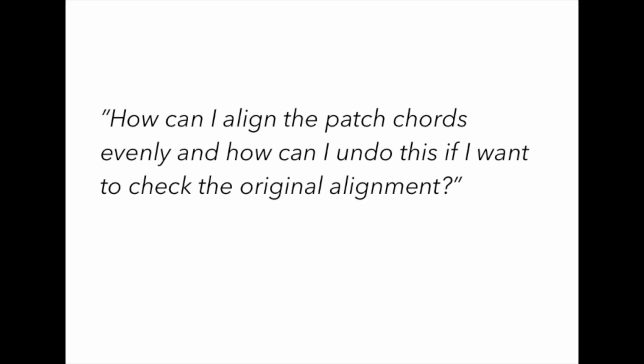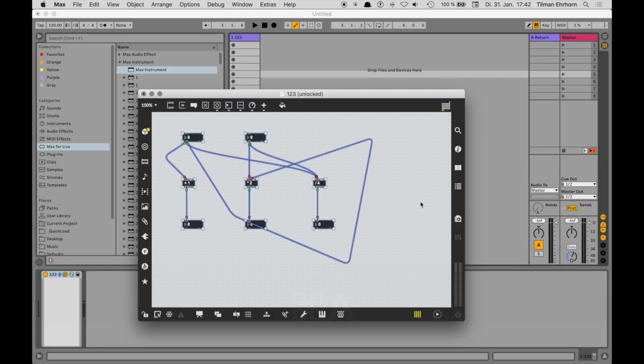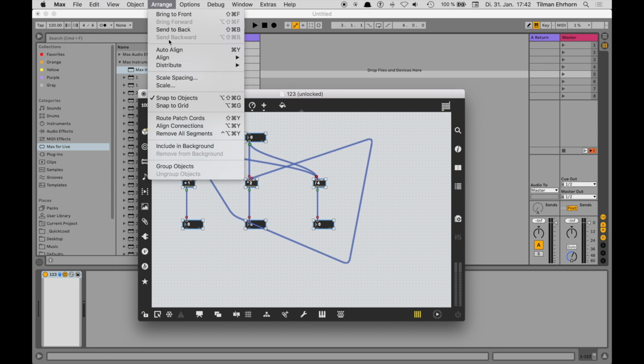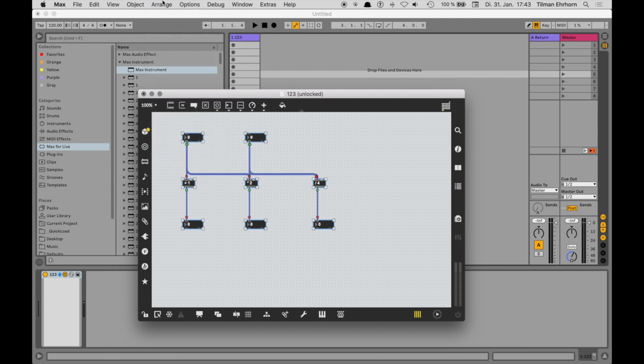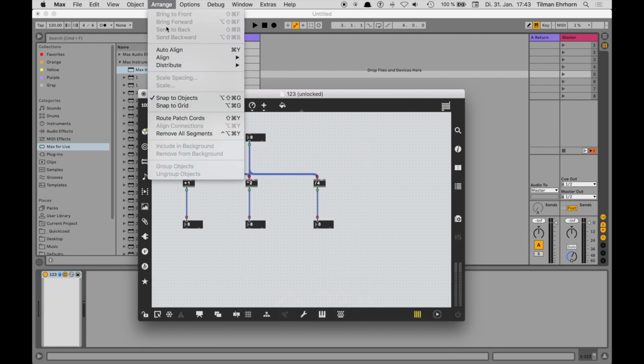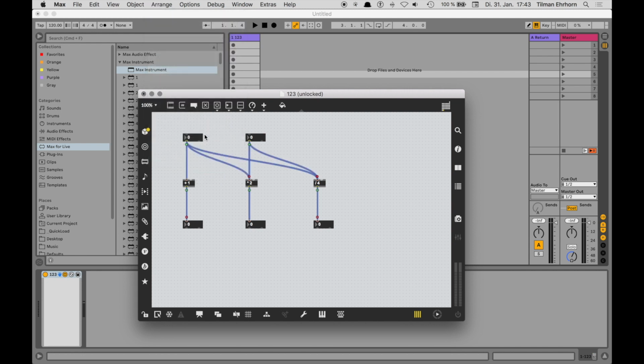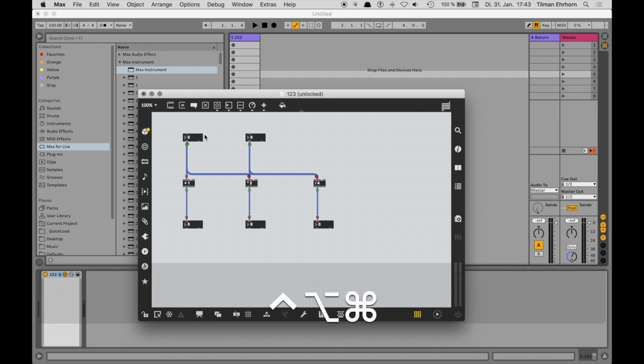How can I align the patch chords evenly, and how can I undo this if I want to check the original alignment? Under the Menu tab Arrange, you will find the function Route Patch Chords, which can also be reached with the shortcut Command-Shift-Y. If you wanted to undo the whole thing for better traceability, you would find the function Remove All Segments under the same menu tab, which you can also reach with the shortcut